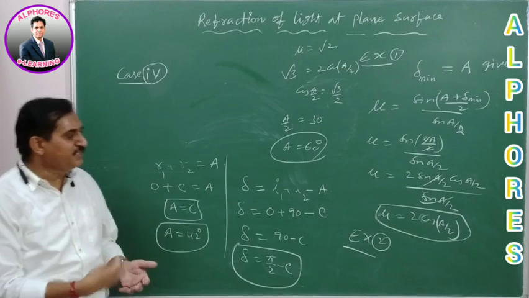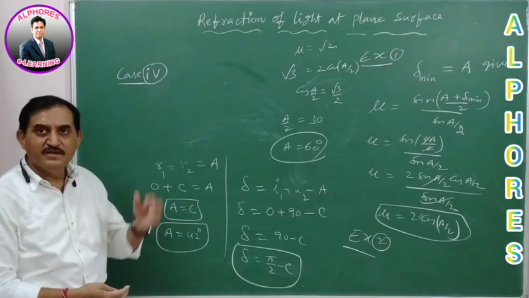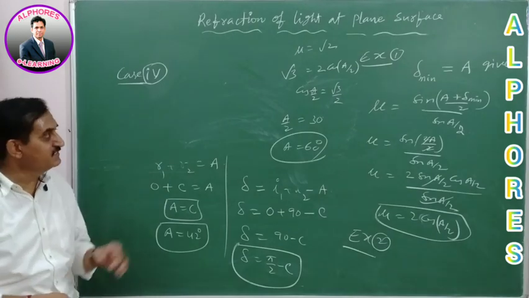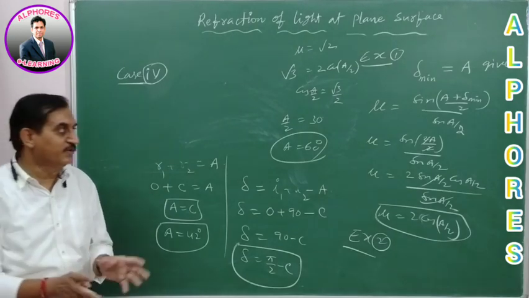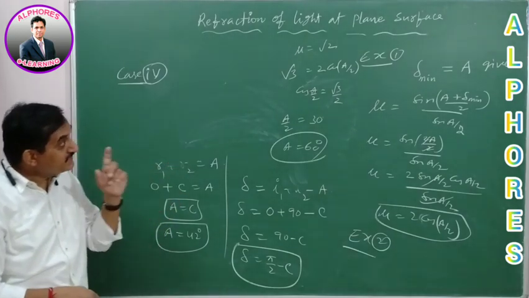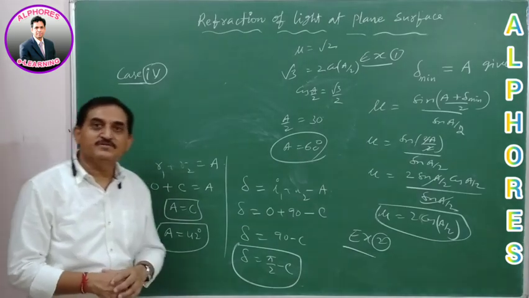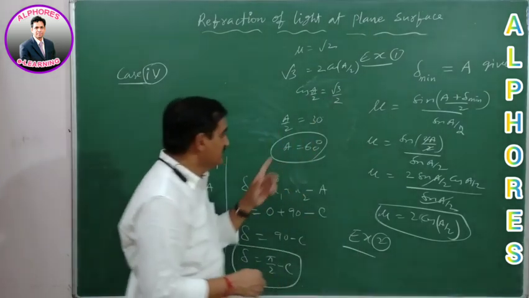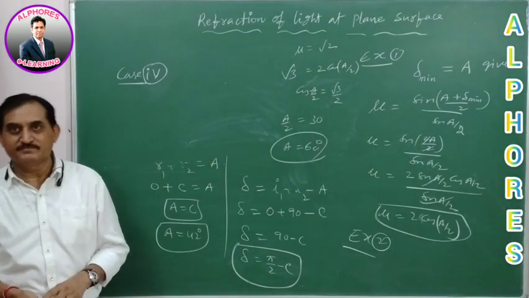So we developed 3 questions now. In question number 1 and question number 2, the refractive index is given under the same circumstances, that minimum deviation is equal to angle of prism. And in question number 3, again the refractive index is changed, that is instead of root 2, root 3 is given, and the angle of prism is calculated as 60 degrees. Okay.